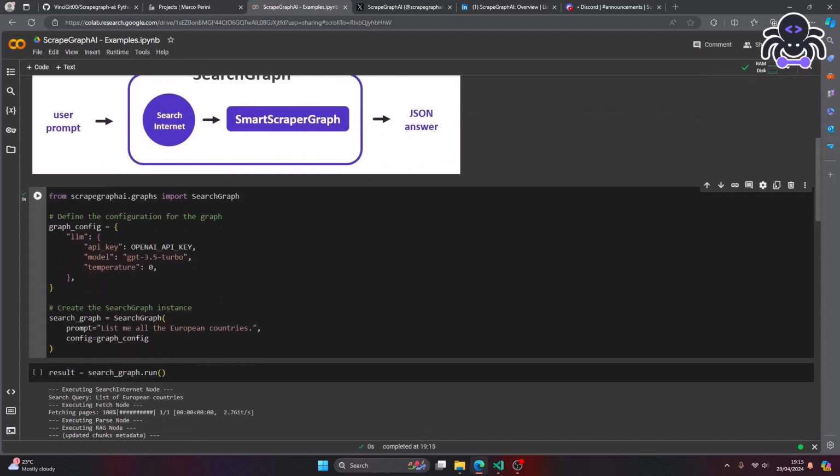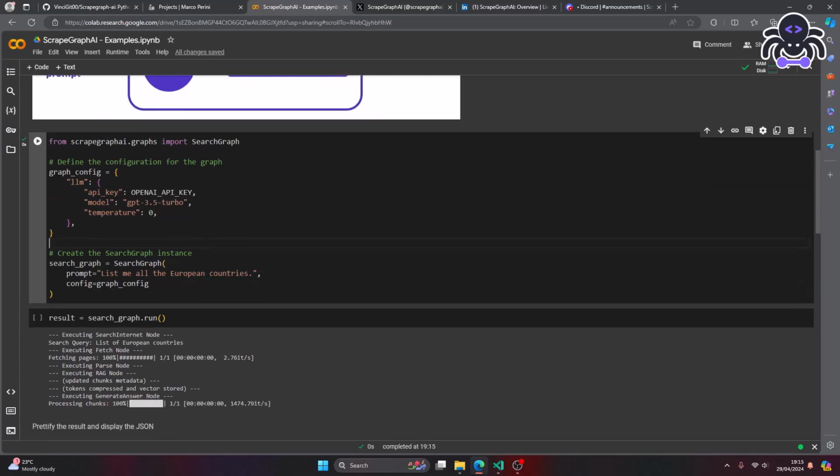We can do as before, so we define the graph configuration. We can also define the temperature, which defines how much we want the model to be flexible with the answer, let's say. I set it to 0 since we want the exact information found on the website. And then we create a search graph using a prompt, list me all the European countries, and we pass the